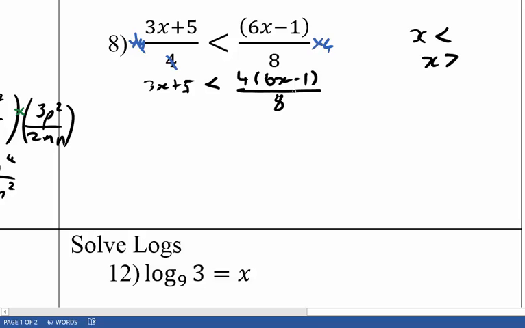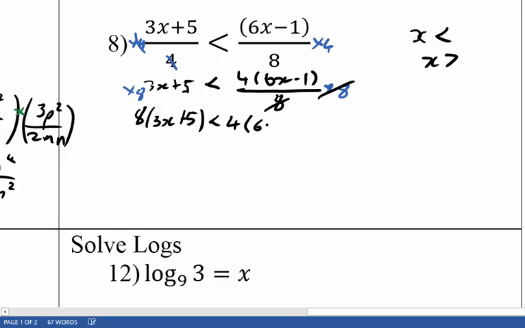Now I've still got a fraction in my equation, so I want to get rid of that. Exactly the same process. I'm going to times it now by 8. Okay, so it's 8 times all of this. It's not just 8 times 3x, it's 8 times everything on this side. So I'll just put it outside the brackets for now. 3x plus 5 less than, and then the 8 will cancel out, which is great, and so I'm left with